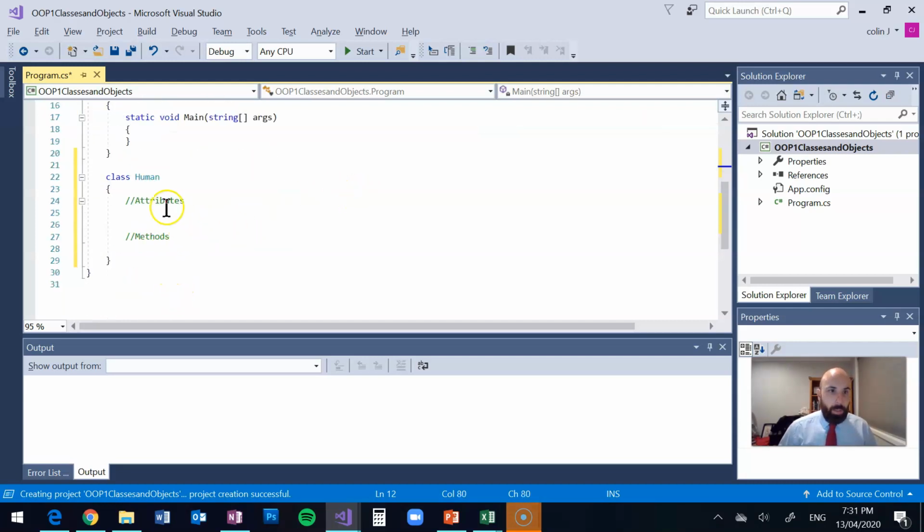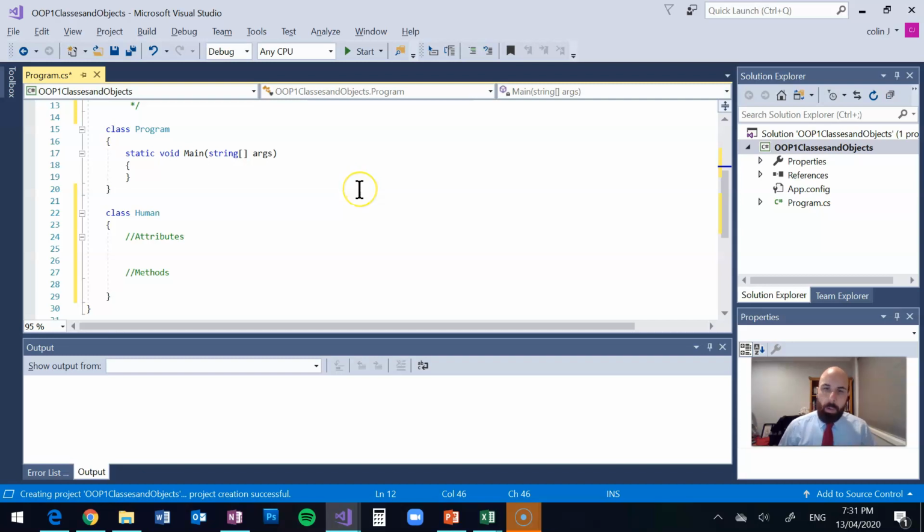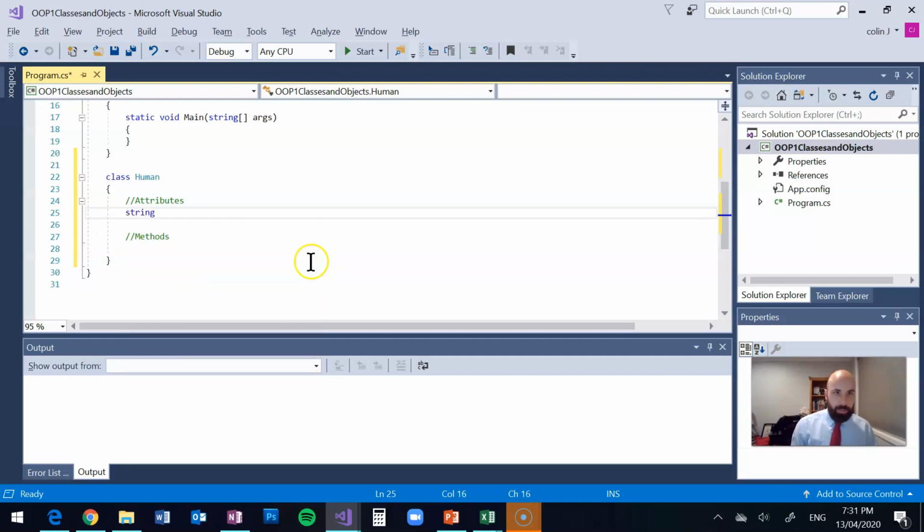All right, so the way we declare these 5 attributes for our human class is very similar to how we declare variables. So in this case, we need to figure out what data type is name. Well, that's easy, that's a string. And we'll just type in string, name,